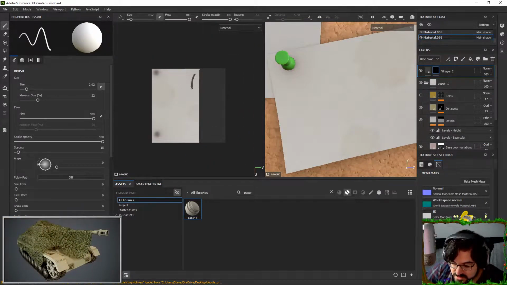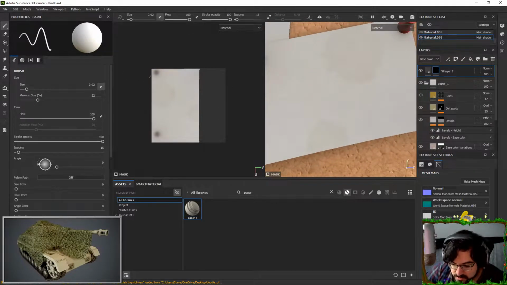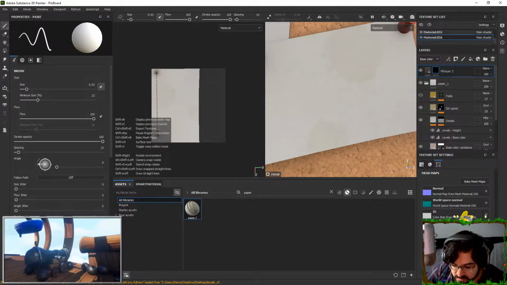So you want, is this the top? That's the bottom. So we want to do something like this, this,